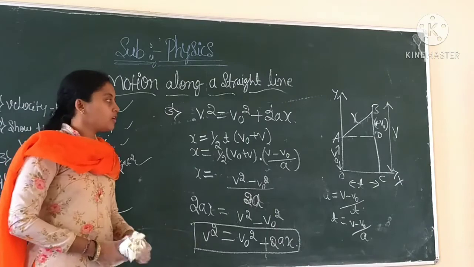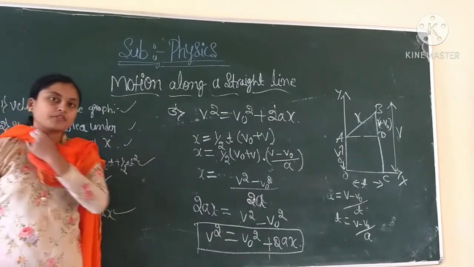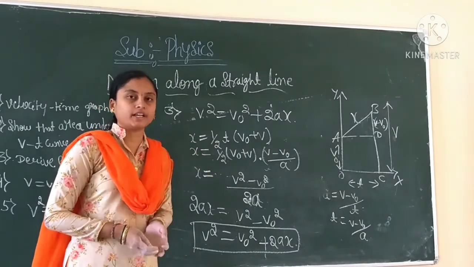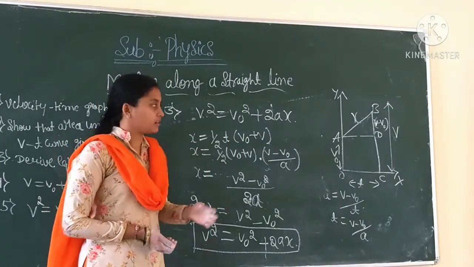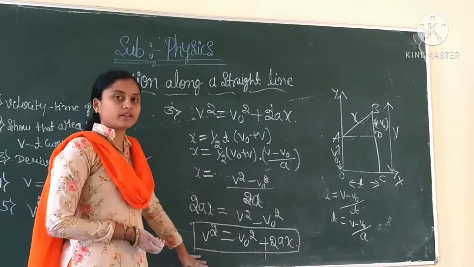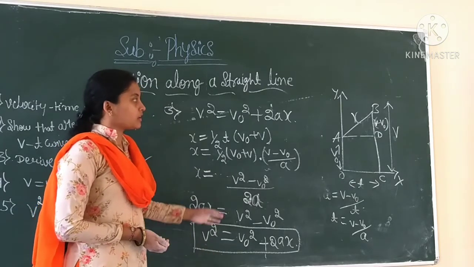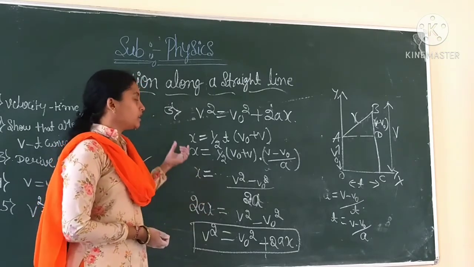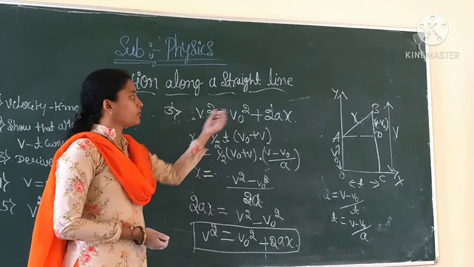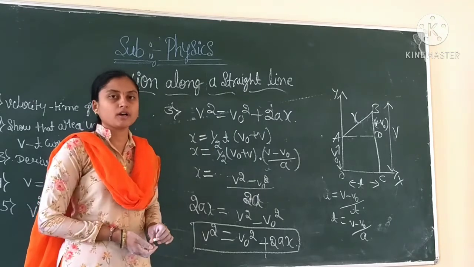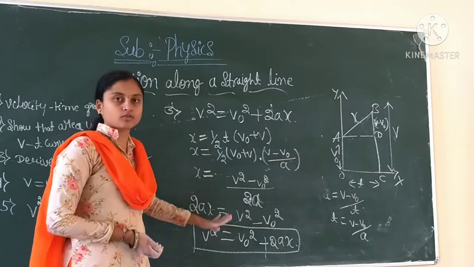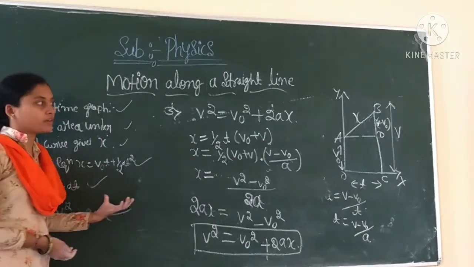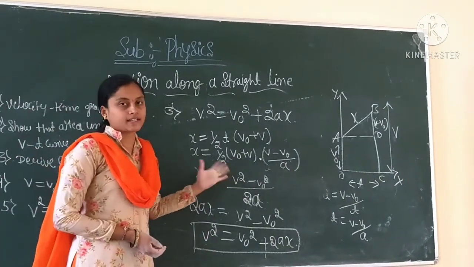Okay. Understood? Okay, dear students, in this class we have discussed some topics related to the VT graph. These three equations will be very important for your examination. A question will be asked in your examination like this: Derive V square is equal to V naught square plus 2ax by using the VT graph, for a 5 marks question. Okay, very important. Any one of the 3 derivations will be given in your examination.